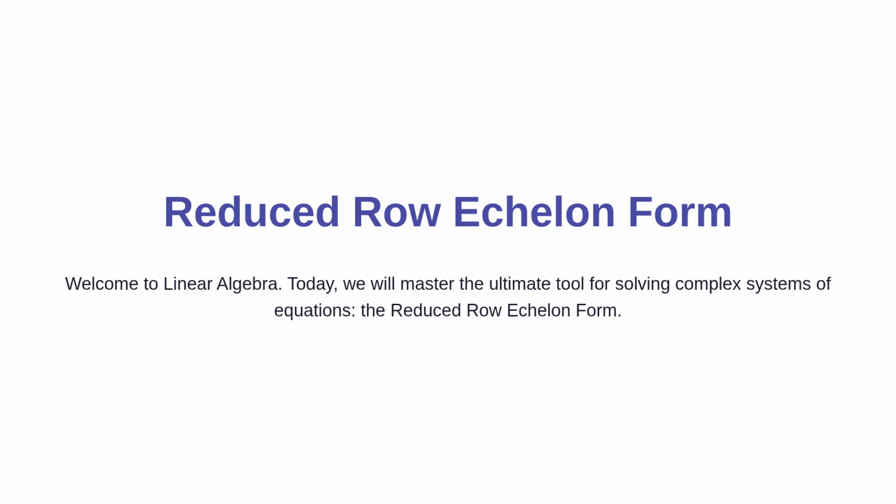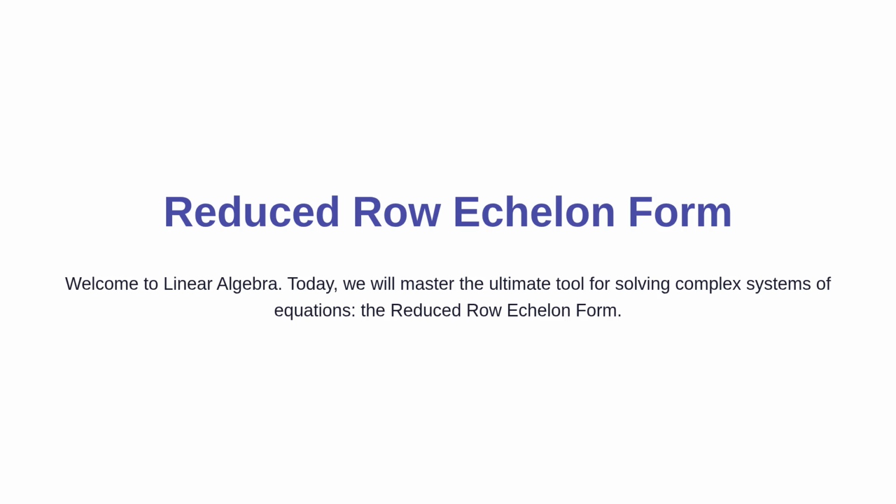Welcome to linear algebra. Have you ever looked at a massive, messy system of equations and wished there was a magical machine that could just spit out the answers? Well, that is exactly what we are going to learn today. We will explore the reduced row echelon form, which is the ultimate, most organized state a matrix can possibly be in. By the end of this lesson, you will understand how to transform any chaotic grid of numbers into a